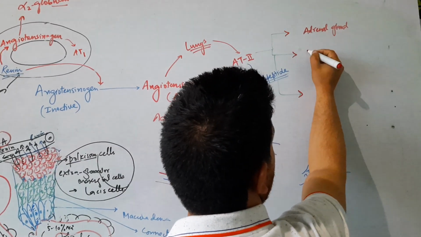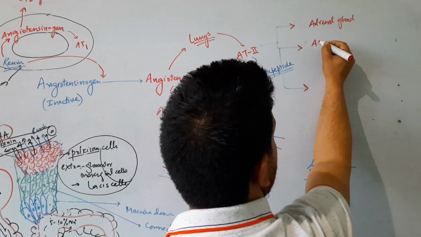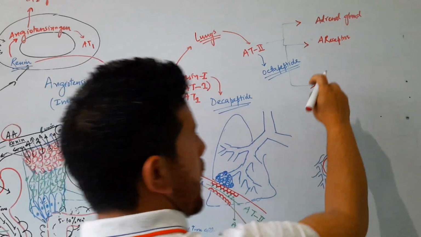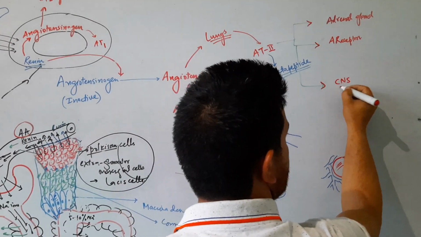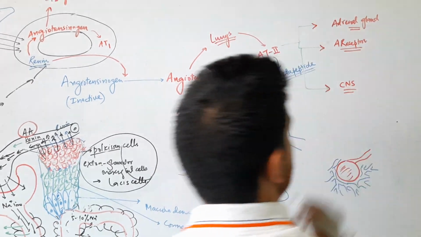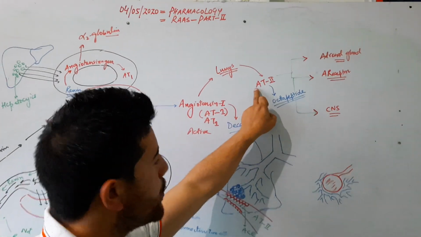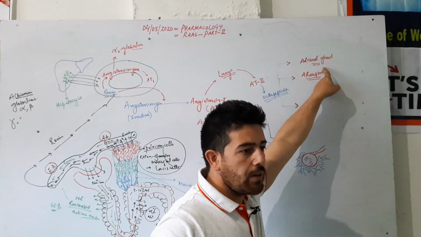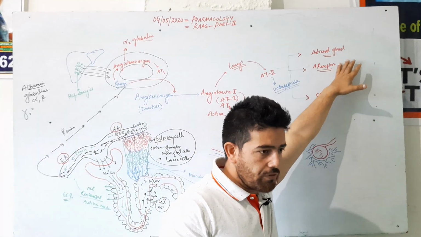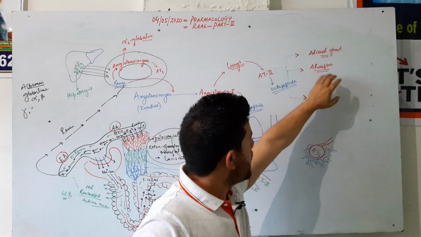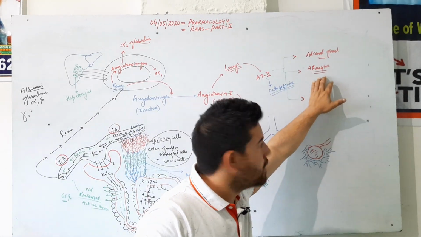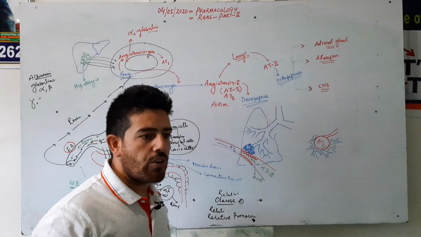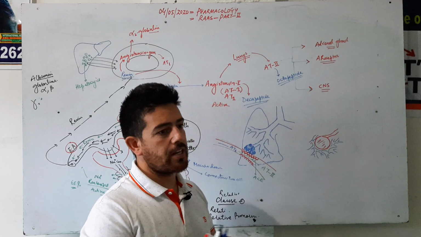Second, it will act upon the angiotensin receptors. Third, it will act upon the CNS. So this angiotensin 2, which is formed, will perform three basic functions. One, it will act upon the adrenal gland, which will be studied later. Second, it will act upon angiotensin receptors, and it will act upon the CNS. All three pathways contribute to the management of hypotension. Now